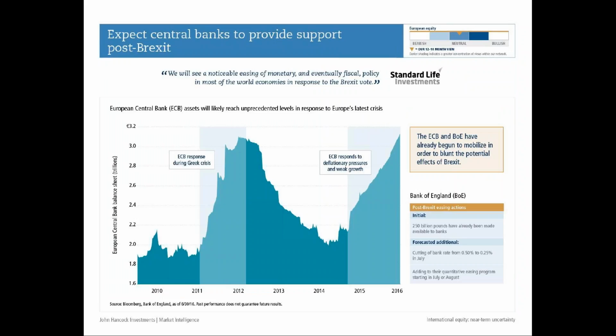All right. So one of the big things in international equities is their central bank is doing everything they can to support the market. We talked a little bit about the Fed. The Fed could be raising rates here in December, and I'll talk about that in a little more detail. But the ECB, the European Central Bank, is doing everything it can to inflate asset prices, to help the economy. And what this also helps do is it helps support risk assets. If you have a central bank that's buying financial assets in the marketplace, that's a supportive buyer for risk assets.